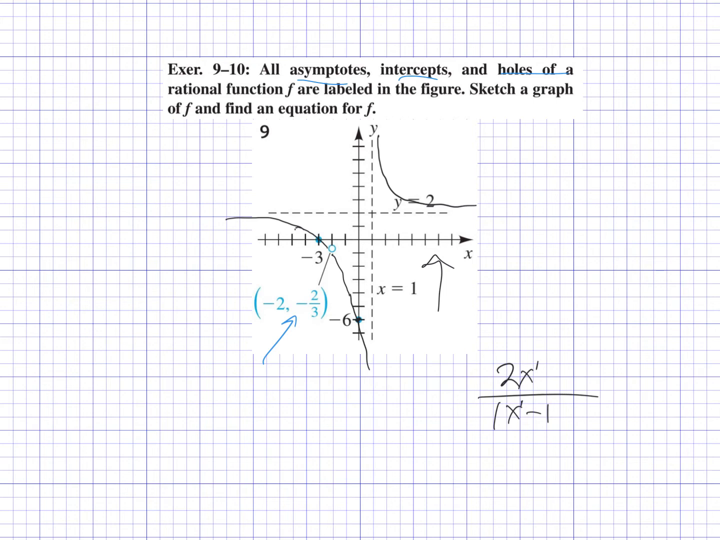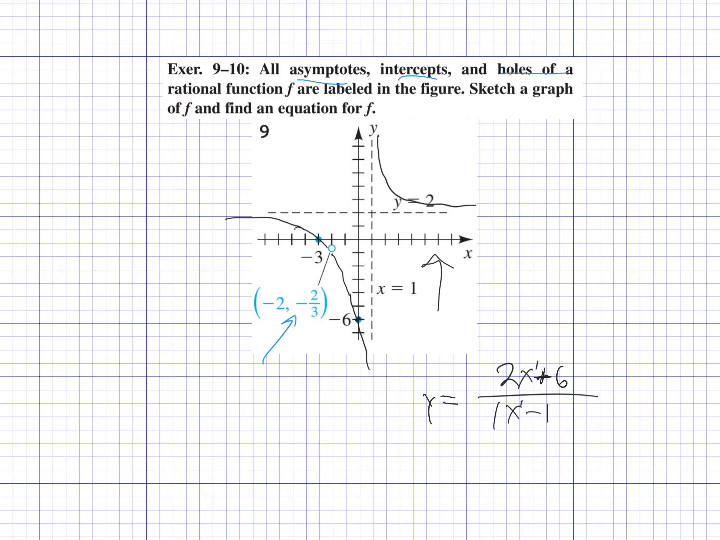Okay, so the next thing is, well, how do they get negative 6 for the y-intercept? So the y-intercept is when x is 0. So if we just put 0 in for x right now, you'd get 0 in the numerator, and that would mean y is 0 when x is 0. So we have to add something else to the top. And if we said plus 6 here,